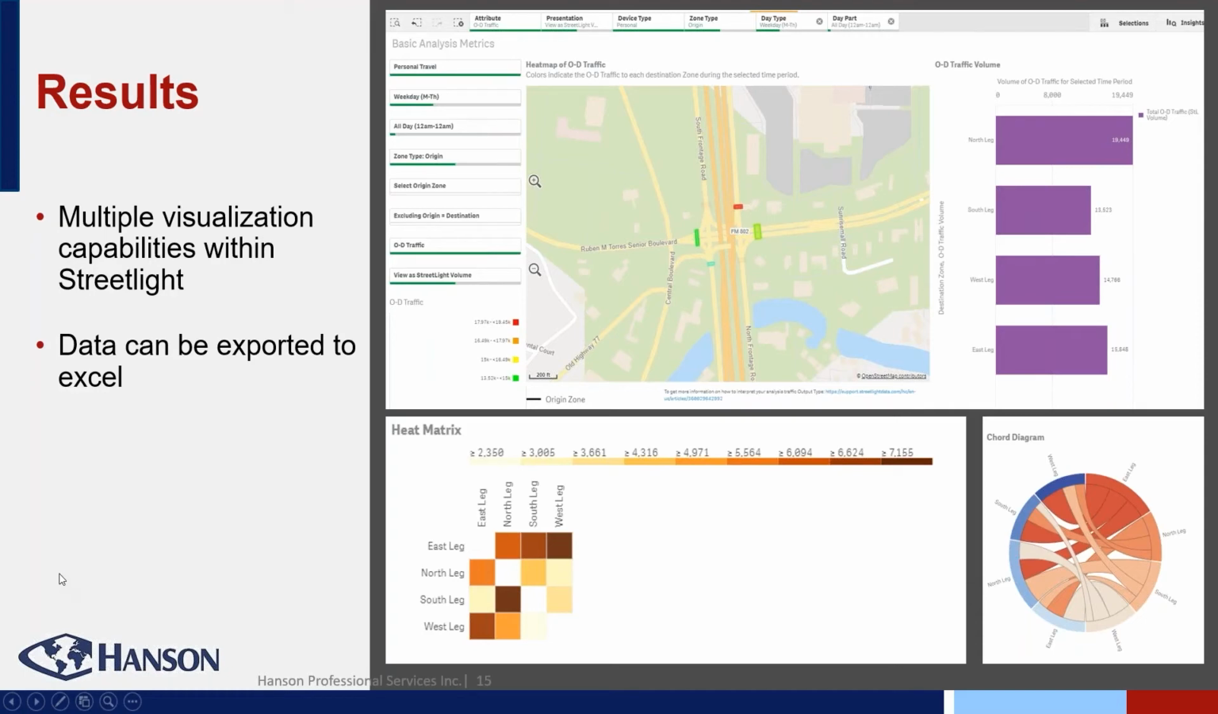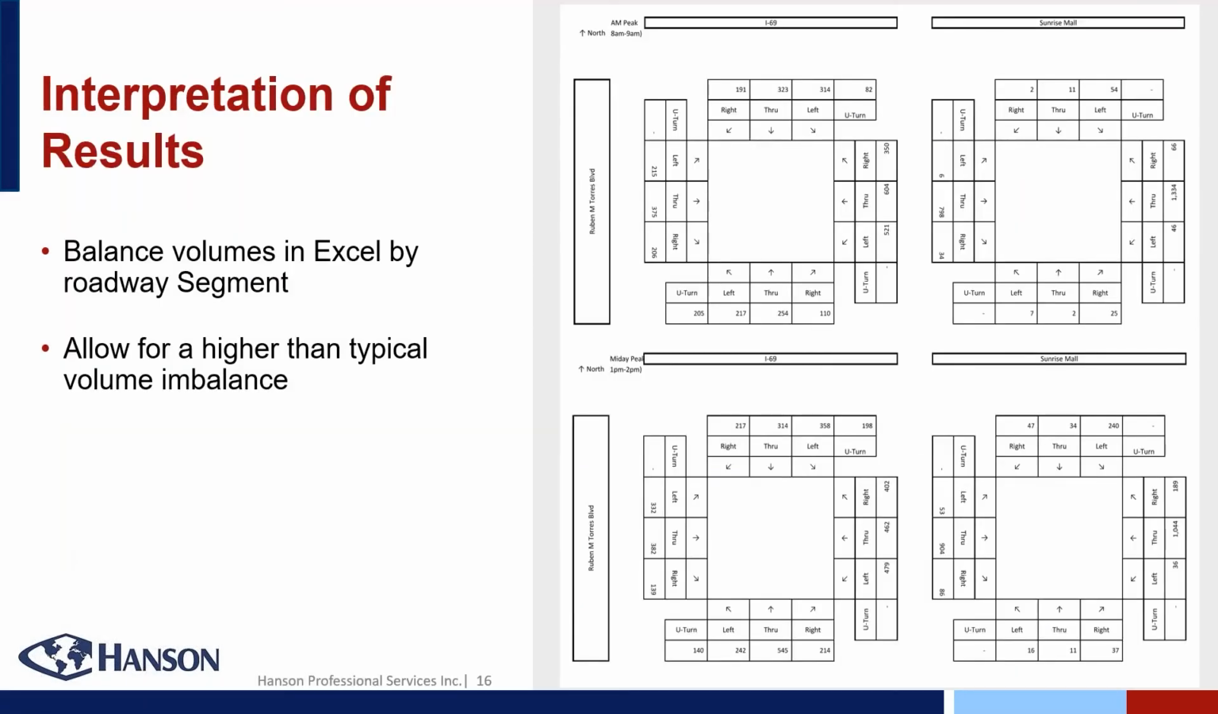However, for our purposes, we ultimately exported all the data to Excel, and that's where we really dug into that data and were able to do further analysis on it. So interpreting our results. After exporting the raw traffic data to Excel, we did volume balancing for all of the volumes per roadway segment. So for reference, we split up all of the roadway segments into about 5 to 6 signals. It was like a chain of 5 to 6 signals along each roadway, and we balanced these volumes